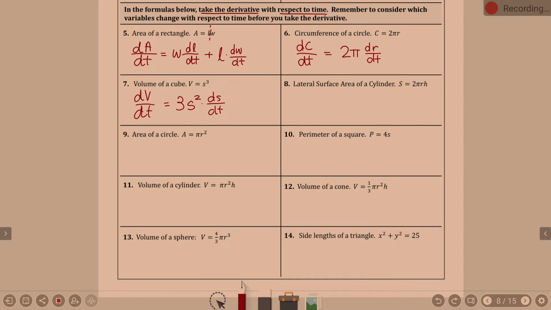Okay. Lateral surface area of a cylinder. I don't remember. No, it's still 2 pi, because 2 pi r is one thing, and then you have to do the product rule. And by the way, folks, you can't do multiple product. I mean, it's one times the other. There's not a product rule for 3 things multiplied. So if we think of this as 2 pi r h,